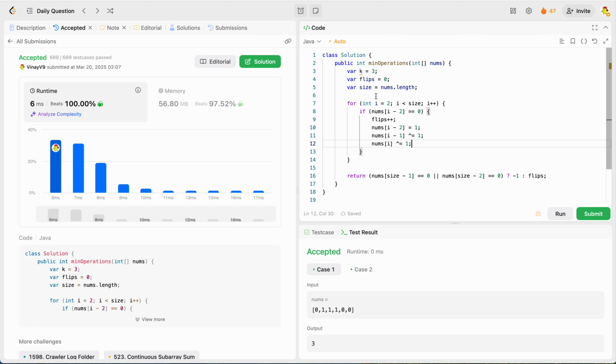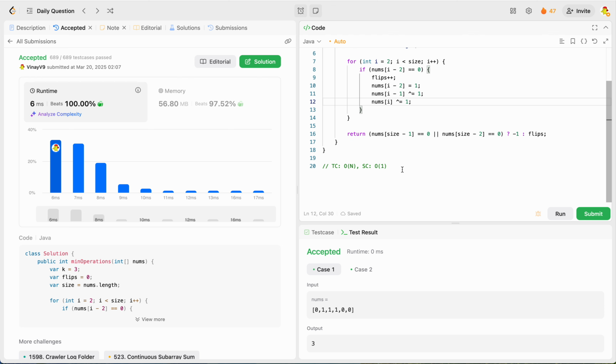So let's say in a given window, we have marked some elements, like we have flipped some of the elements because we might encounter 0. And let's say the current element can be 1 or 0, right? So we made some flips before, and based on the previous flips, how can we check whether we can make a flip or not? What I was trying to say is,